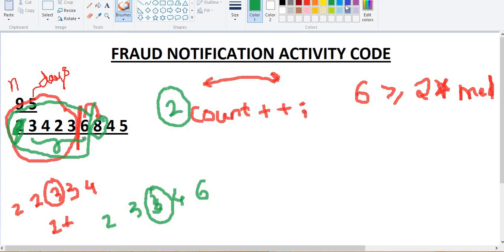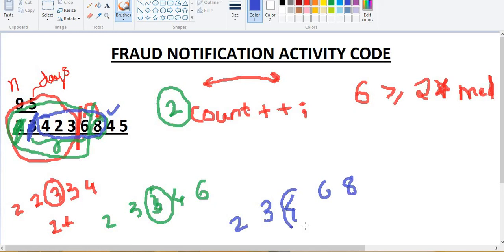So let's go again. For this element we are moving forward. So our array would be this element for 4 to this. For this particular element, the sorted trailing day array would be, so 2 is removed, 3 is removed, so it would be 2, 3, 4, 6 and 8.